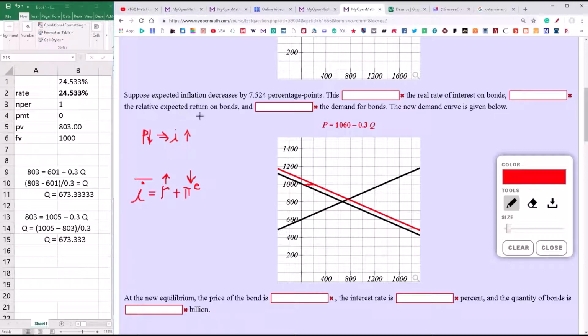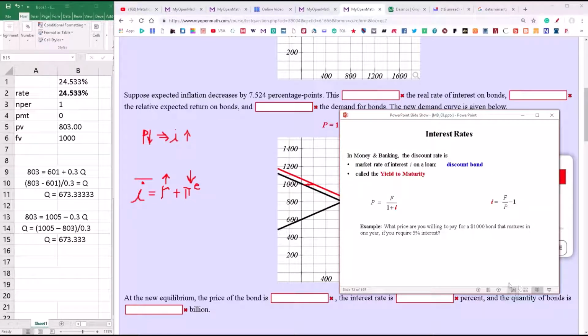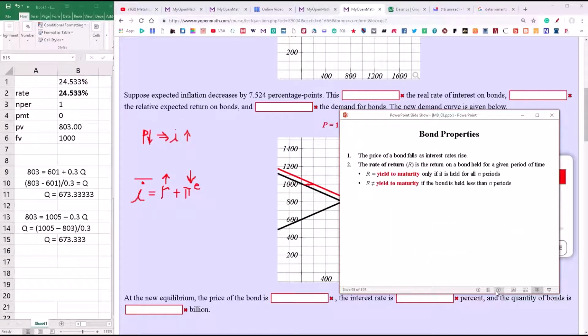What's going to happen to the expected return on bonds? Okay, now in order to answer that, we have to go back to our notes, right? We have to fast forward through our notes. Okay, so this is the return, this is the current yield, and this is the gain, right? So what's going to happen here is if expected inflation decreases,